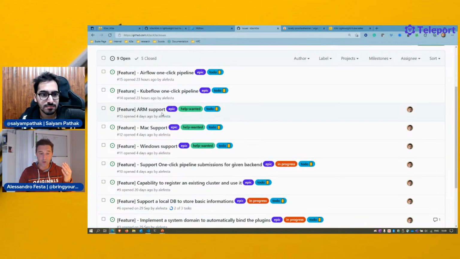Or test out K3ai on Mac, on ARM, on Windows. Windows needs to be rewritten a little bit. Just bring the binary and run it on your Mac. Does it work? Yes. Does it not work? No, the run doesn't work, or this other stuff doesn't work. Let me know. Open the issue as a bug so I can fix it. That's just a way to contribute, and that's all you need to do.